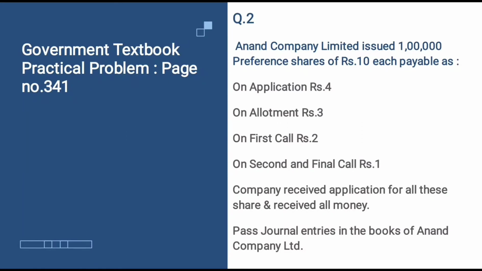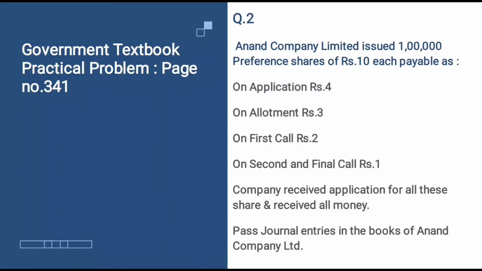Now, what is issue of share? Issue of share means when the company raises finance, it issues shares to the public, and then the company has to decide what should be the price of the share, that is, at what price the share should be sold to the public. It is called the issue price of share, which can be of different values. Shares may be issued at par, premium, and at discount.